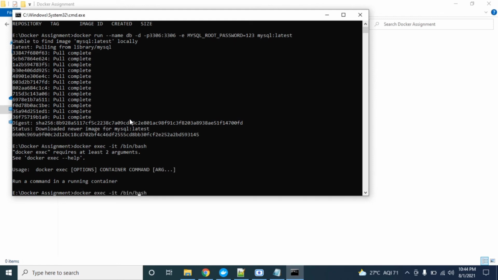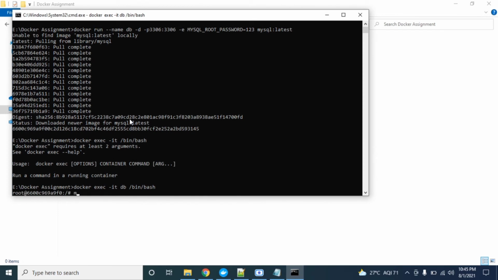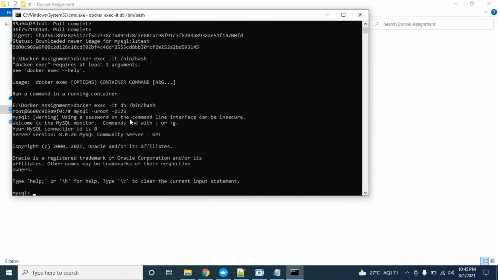We have to provide the container name as well, MySQL. Now we are inside this container, and to log in to this DB, we have to log in through username and password. So now we are inside the database.